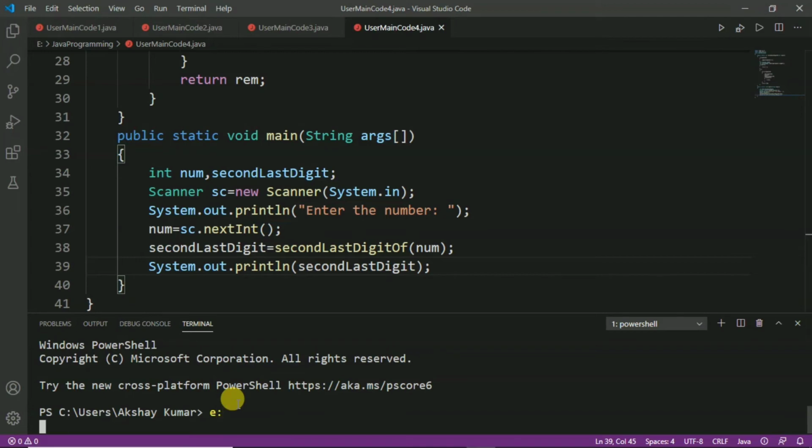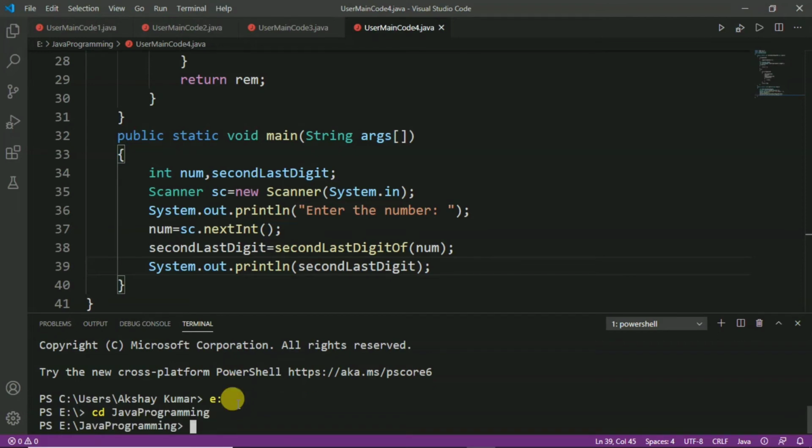So, let us go into the drive where I have saved our program, and go into the folder Java programming. Now, we will write the command to run the program, and here we have to write the file name, that is user main code 4.java. Press enter.